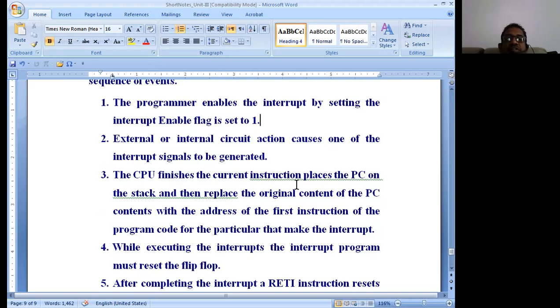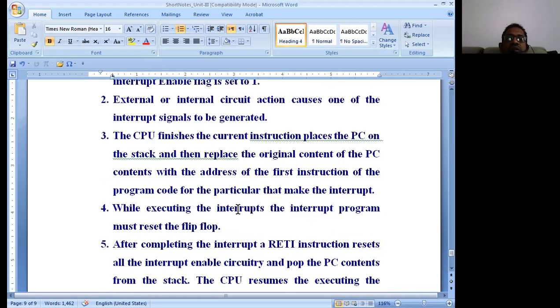Now the CPU finishes the current instruction, places the program counter on the stack, and then replaces the original contents of the PC with the address of the first instruction of the program code for the particular interrupt. That means it is the same as the LCALL instruction. Before the control goes to the interrupt service routine, the main program's next address is stored in the stack.